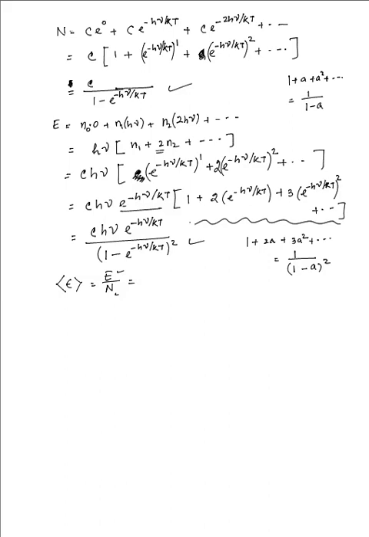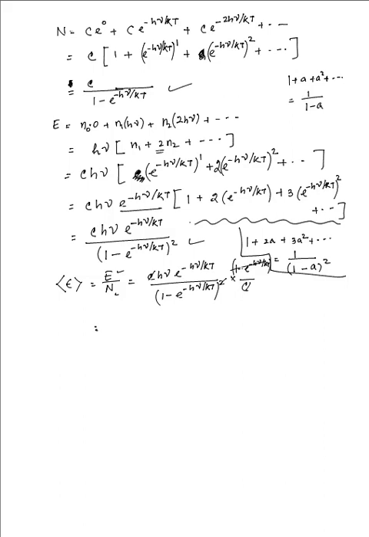The total energy that was obtained is C h nu e to the power minus h nu by kT divided by 1 minus e to the power minus h nu by kT squared, and the denominator will have C at the bottom, and at the top 1 minus e to the power minus h nu by kT. Now this term cancels out with one of those terms and the C's get cancelled out. So what we have for the average energy is something like this, that is equal to